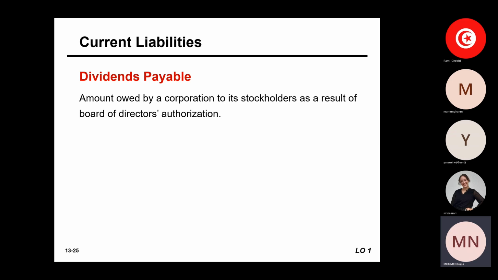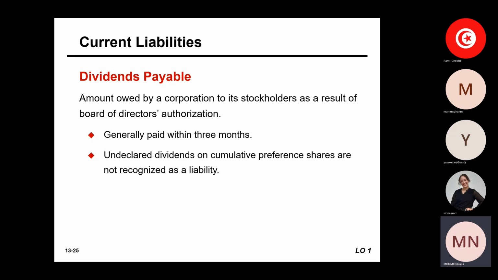Okay, so that's an example, of course, of current liabilities. Why current liability? Because in general they are paid within 3 months after being declared. Here it's important to mention that we just stress the fact that only declared dividend should be reported as liabilities, okay? Because any undeclared dividend, even though we have this situation of cumulative preference shares, they are not recognized as